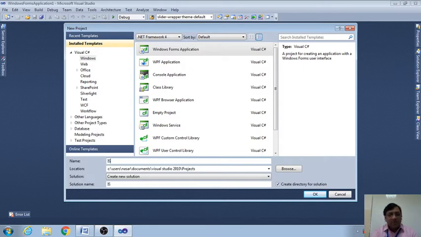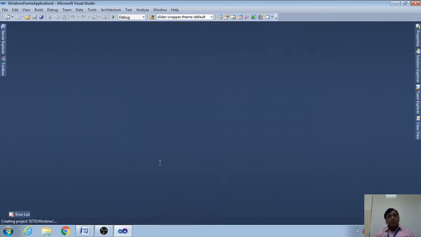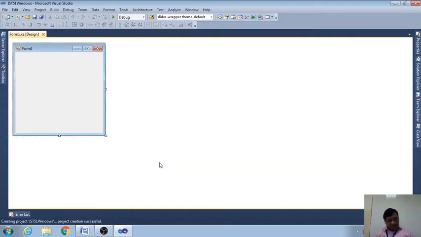I want to give IST51 Windows. Now the Windows application is going to be created. This is the way to create a new project. See, this Windows application is created.